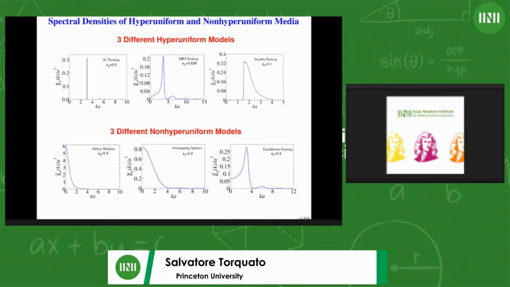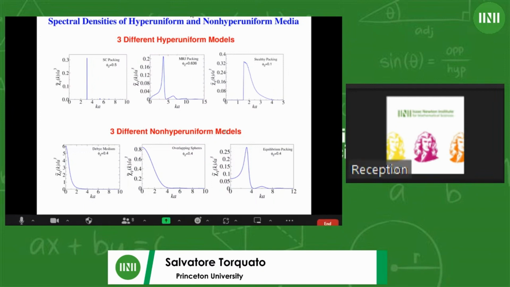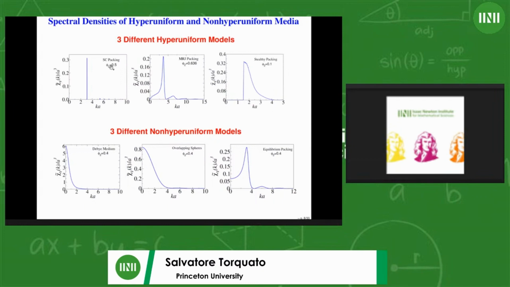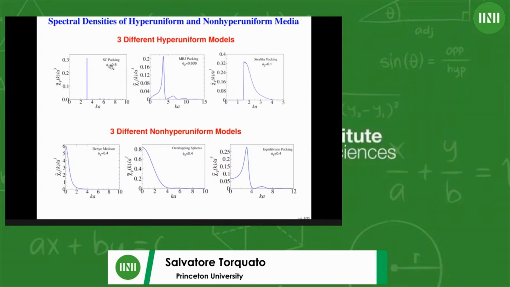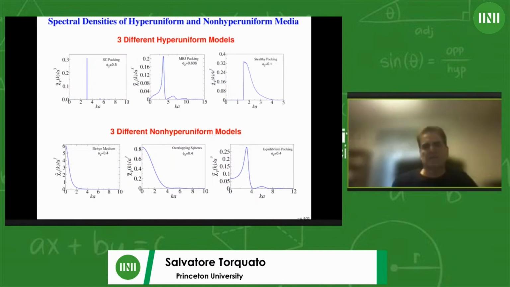All right, now I would like to give you a feel for spectral densities if you haven't really looked at them. I know that a lot of you have, but maybe some of you have not. I'm going to show you 3 different hyperuniform models and 3 different non-hyperuniform models. In the case of a crystal structure, a simple cubic packing of spheres, you're going to have Bragg-like peaks that are descending. That's expected. This is a disordered packing that we call maximally random jammed packing. Basically, you take marbles, put them into a container, shake them up, roughly speaking, and densify the system, and this is what it looks like. Those systems, maximally random jammed packings, are in fact hyperuniform.